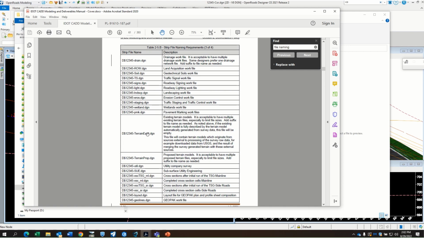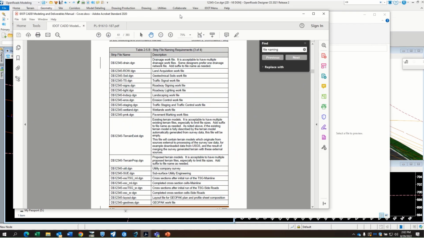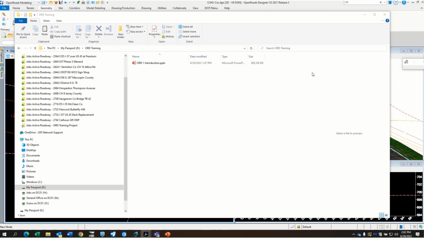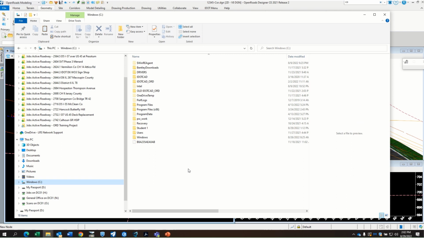That's going to be a 3D file. Okay, so let's go ahead and just create one of these files. I've already got the folder structure for us set up. And so for this class, I'm going to work off the C drive. I've got a student one, so wherever